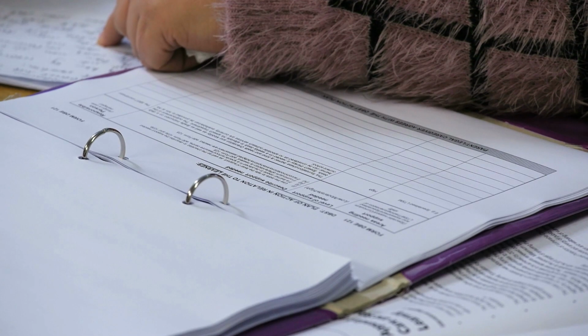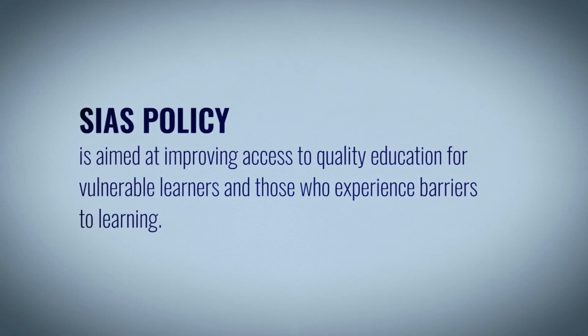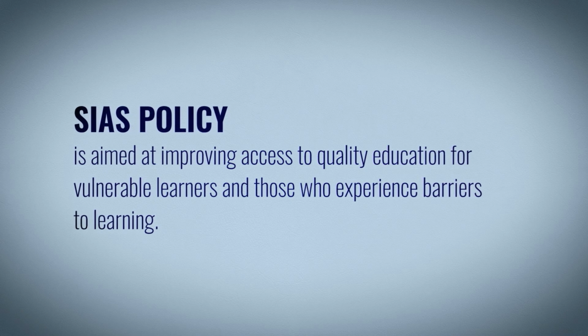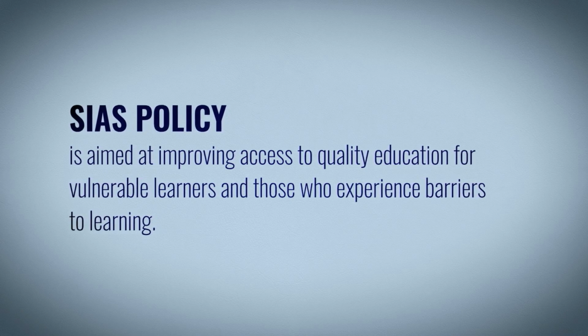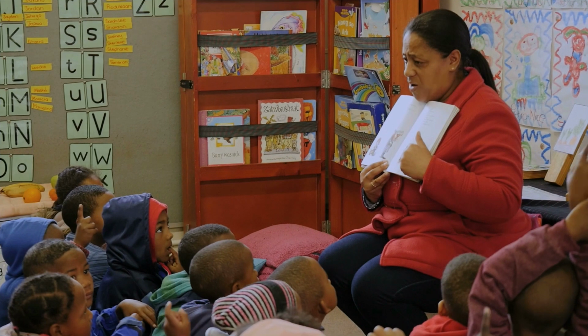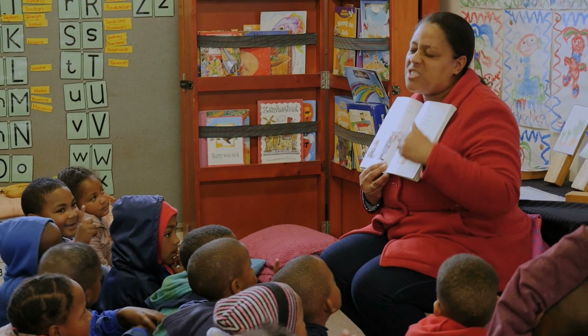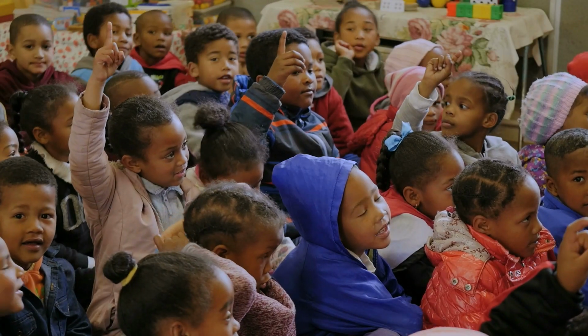We will explore how to draw up an ISP, who is involved in the process, and when it is appropriate to do so. The SIAS policy is aimed at improving access to quality education for vulnerable learners and those who experience barriers to learning. It envisages a phased approach to screening and identifying barriers to learning and to providing support